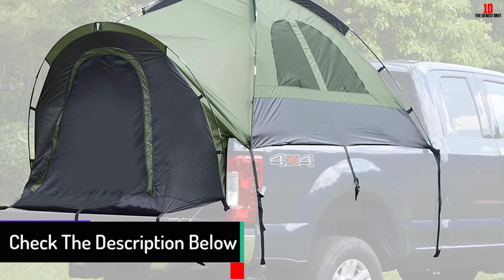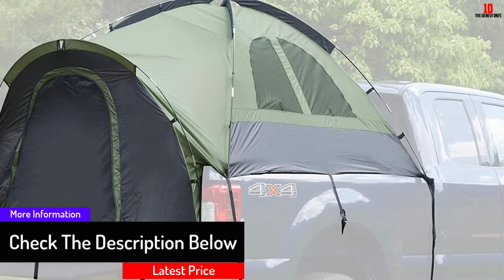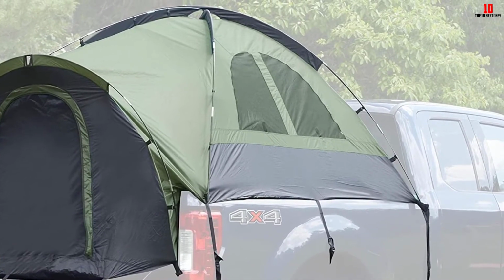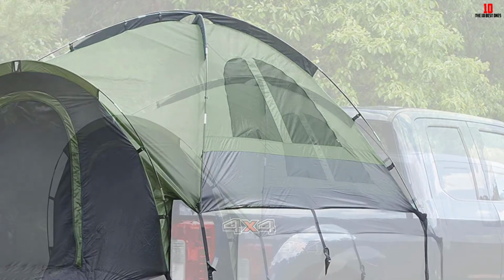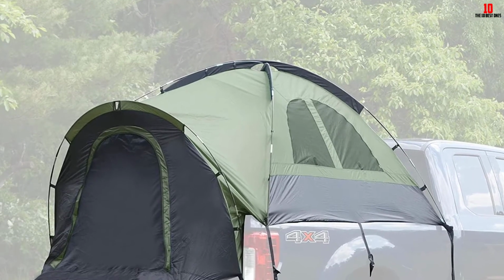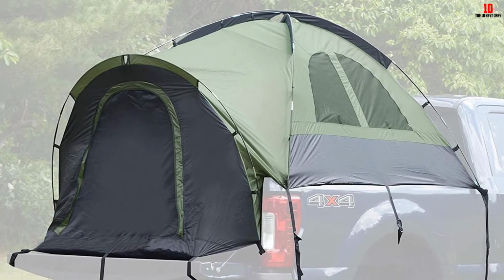rather than assembling it. One of the first things you'll notice about the Milliard is that it has a rather durable sewn-in floor. It's a little thicker than most models to stand up to more abrasion. That doesn't mean you can abuse the fabric, but it should get you more problem-free years than some other truck bed tents with floors. Large mesh panels flank both sides of the Milliard, giving it fantastic airflow when the rain